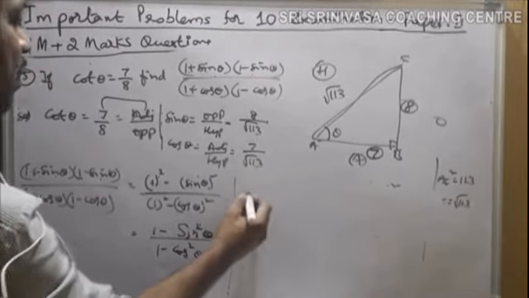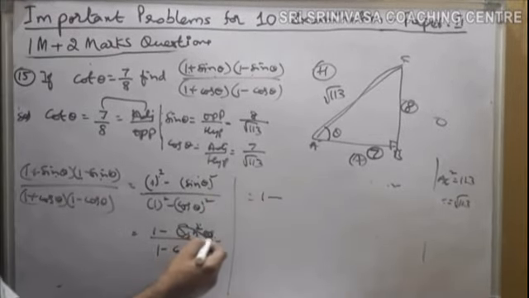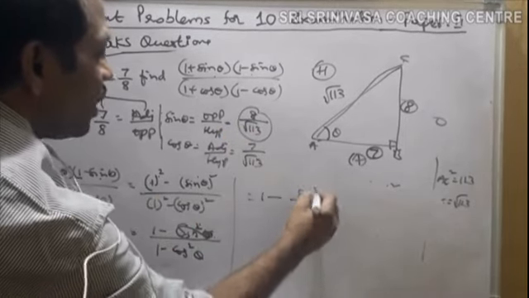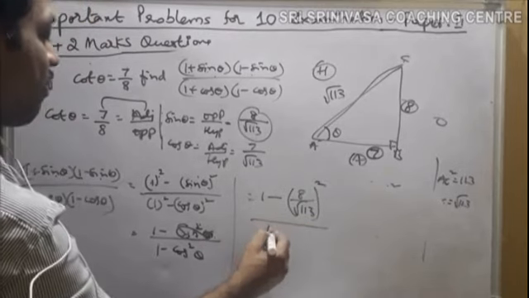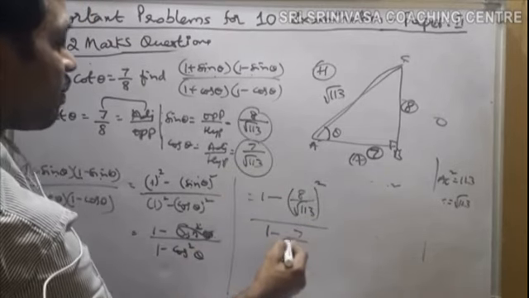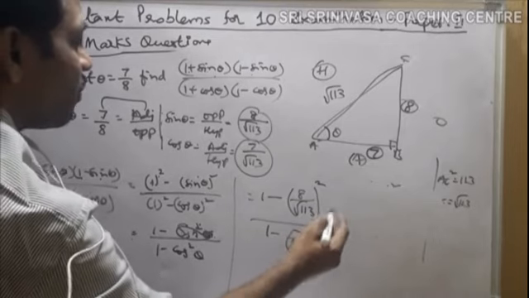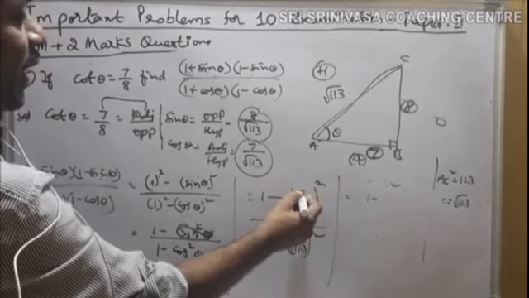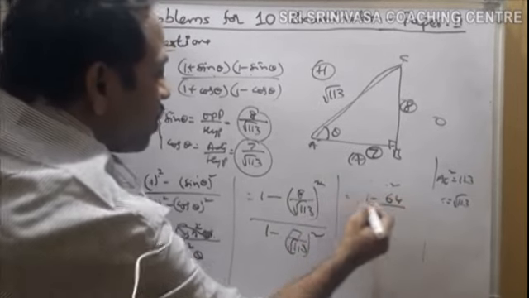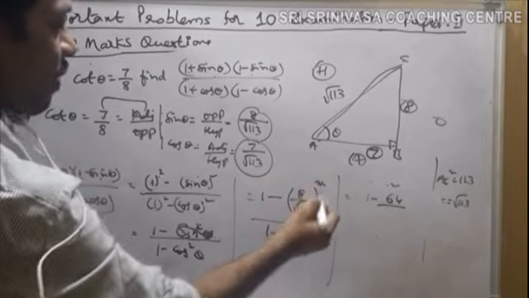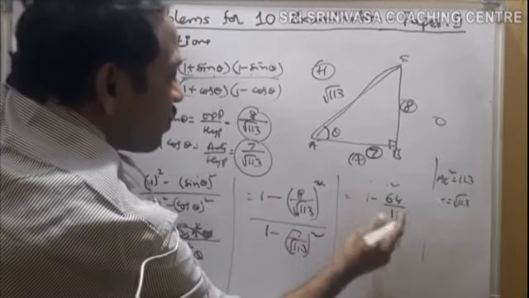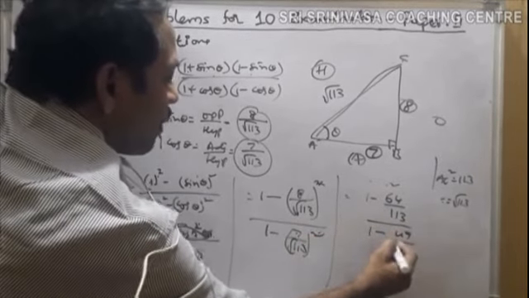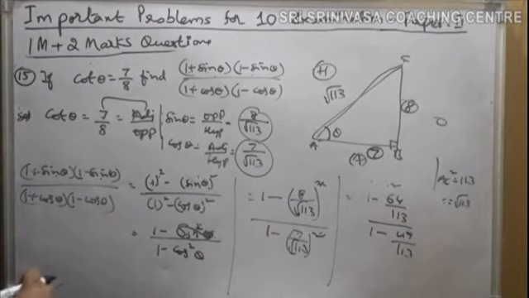Let us put the values. So 1 minus sin theta. The sin theta is this. So since we have square here, I'll take 8 by root 113 whole square divided by 1 minus the cos theta value, 7 by root 113 whole square. So let me simplify that. You see 1 minus 8, the square is counted for 8, so 8 square is 64. Now this is counted for root 113, so square and root will cancel, I'll get 113, divided by 1 minus 7 square is 49 by 113. So let me simplify that.